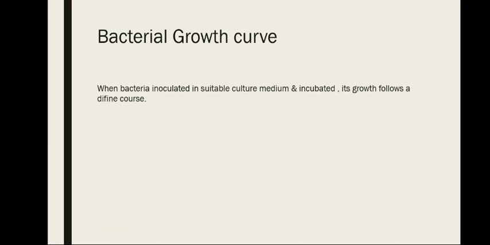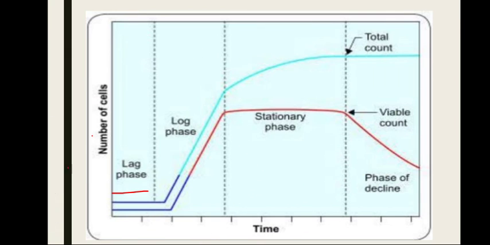When the bacteria is inoculated in a suitable liquid culture medium and incubated, the growth follows a defined course. It has 4 phases: first, lag phase, log phase, stationary phase, and decline phase. Here, in this growth chart, you can clearly appreciate